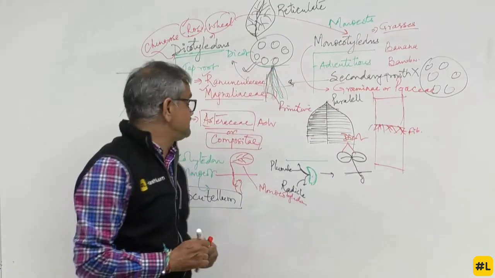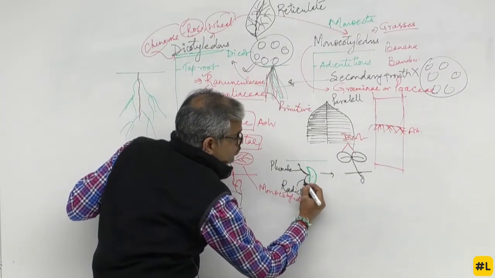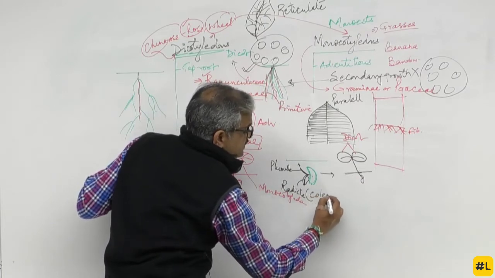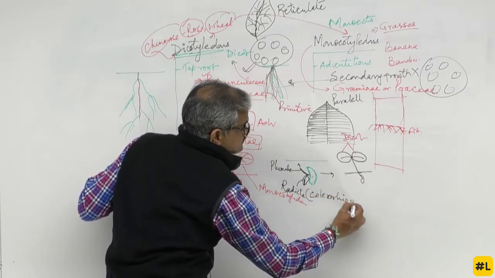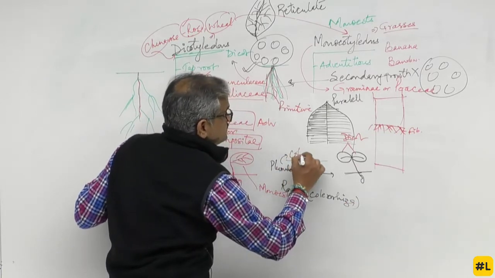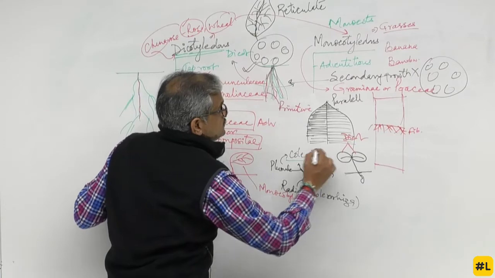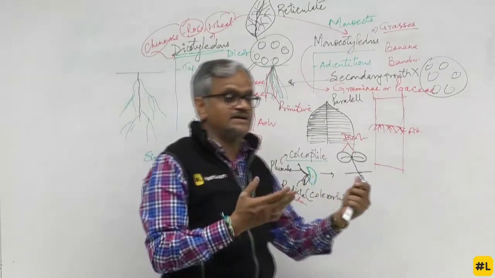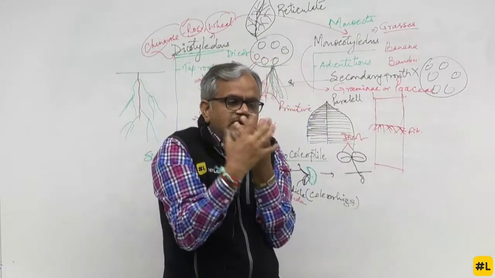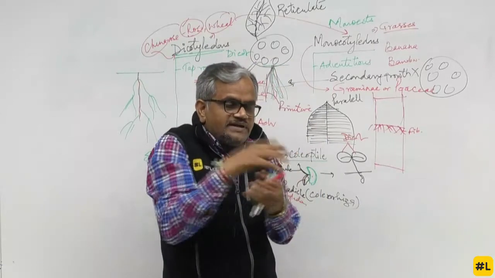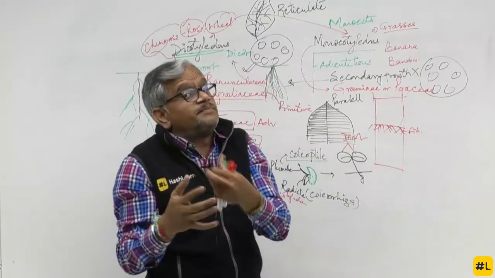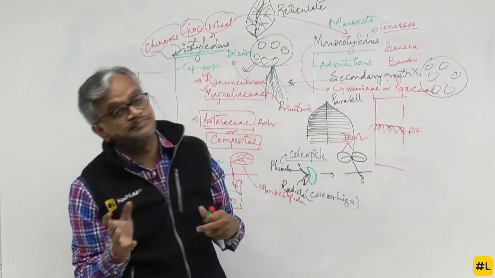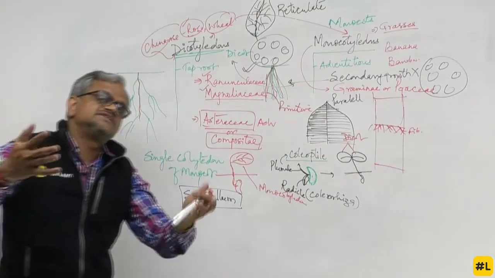Ganesh, coleorhiza is when a new baby comes, a root is there, it has a covering onto the radicle, that is called coleorhiza. And when it is plumule, the covering is called coleoptile. You can understand this way. When a newborn baby is born, directly you do not take him out in the sun or in winters. You cover him with a cap, gloves, sweaters and all. So those sweaters and all covering are called coleoptile or coleorhiza. But inside is a baby. Inside is a radicle or inside is a plumule. That is called coleoptile and coleorhiza.